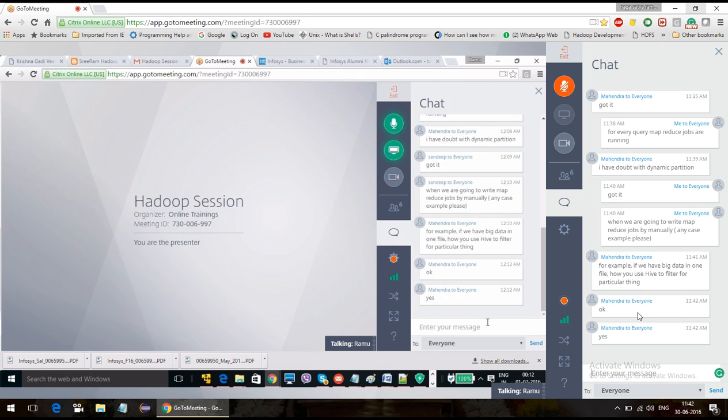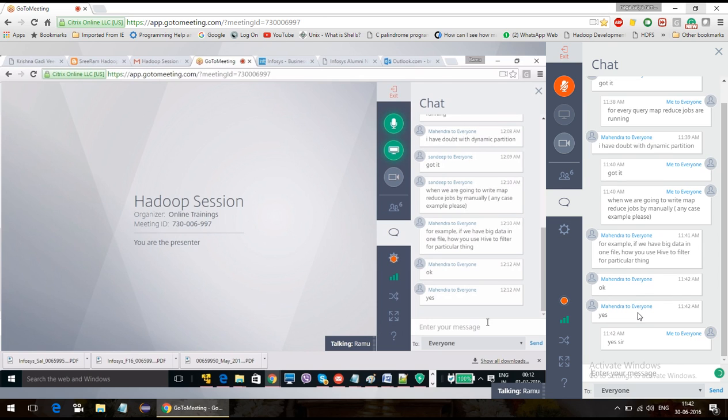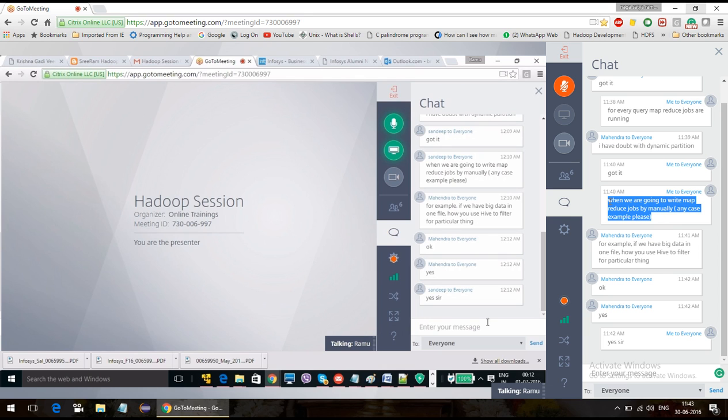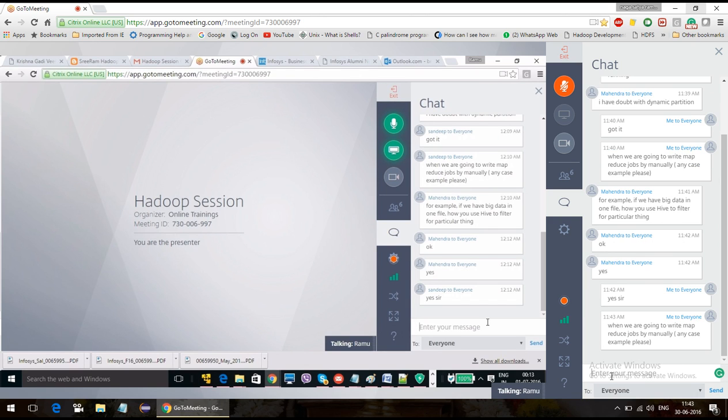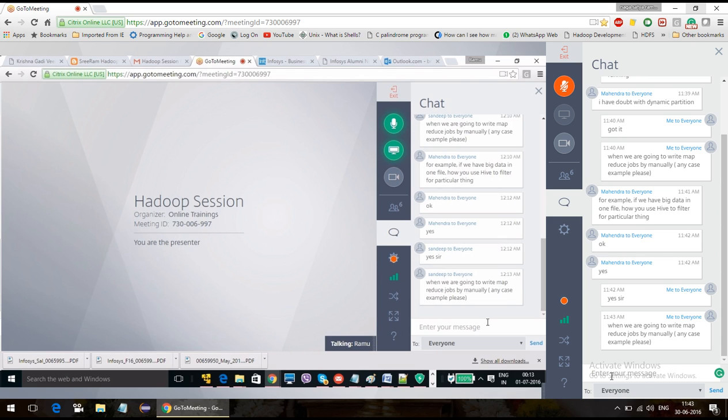Okay, so any questions or concerns from anybody? Tomorrow we are going to see bucketing. In Hive we have another concept called bucketing. Then we'll go for joins, and then for alter table commands, how we can change the schema, and how we can add partitions in different ways. So tomorrow we'll go with the bucketing concept. So are you clear, everybody?